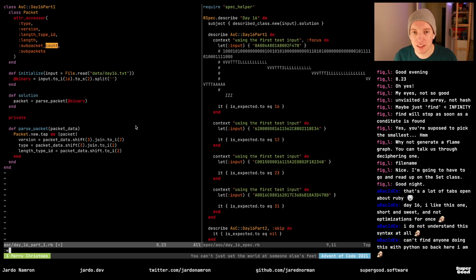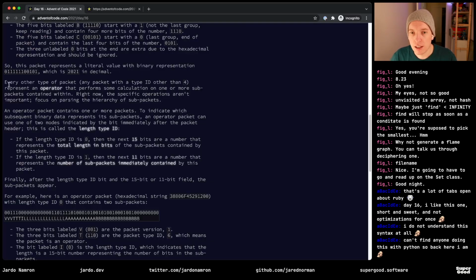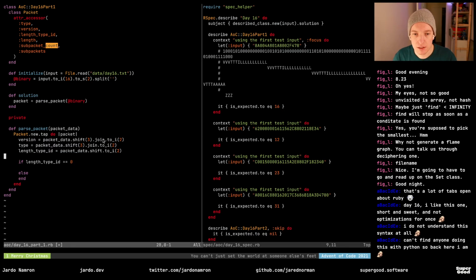It's probably the other thing that we can have. So if length type ID is 1, it's going to be 0. Actually, let's check 0 just because that's the order that's in the puzzle. Then we're looking for the next 15 bits. And that's going to tell us the, we should